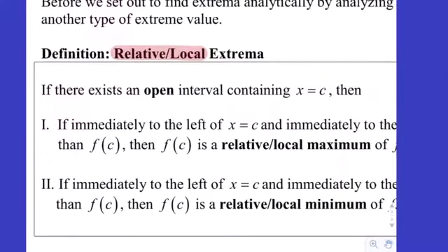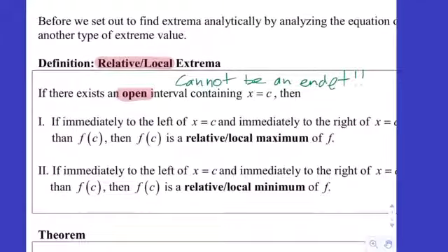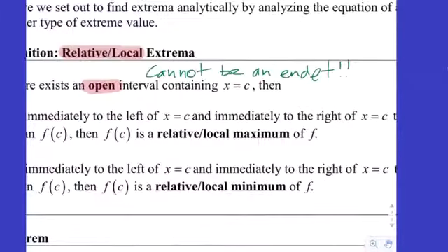So we're going to define this a little bit differently. If there exists an open interval containing the x value c, that means that the graph has to live to the left of c and to the right of c. Can't be an endpoint, right? Cannot be an endpoint. Very important. If there's an open interval containing c, such that immediately to the left and immediately to the right of that x value,